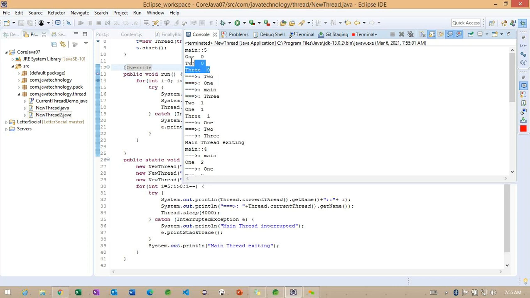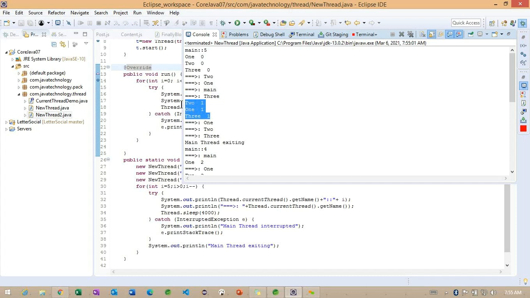And even if you observe here, while creating these constructors, they have one order, 1, 2, 3. But after that, the second one executed first, the first one executed second, and in between the main thread comes into the picture. After that, the third one is executed.